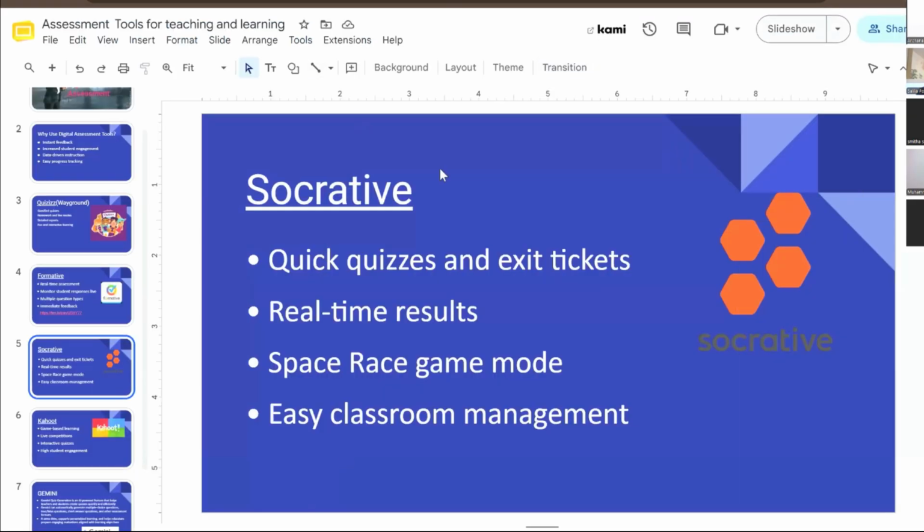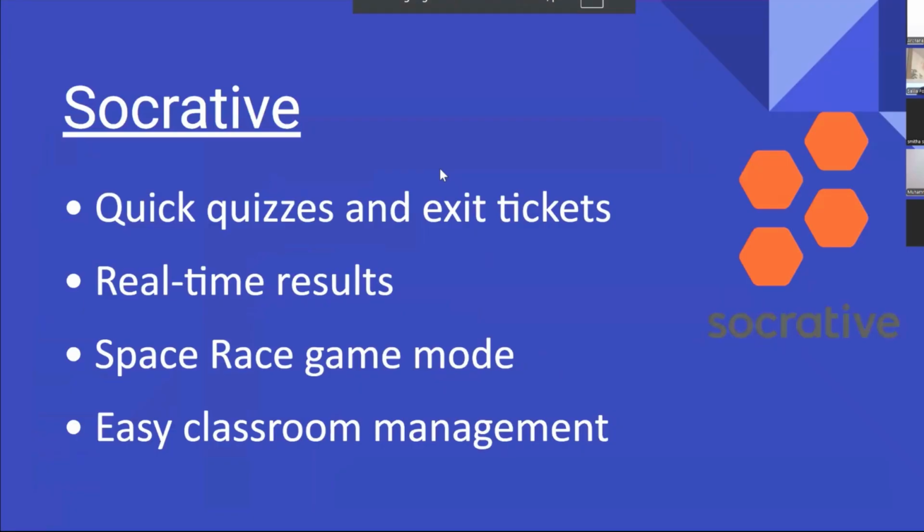Quick quizzes and exit tickets, real-time results, the same as the formative tool. This one also will show you the real-time results. Space race game mode, where we can divide the students into separate teams and give the assessment.